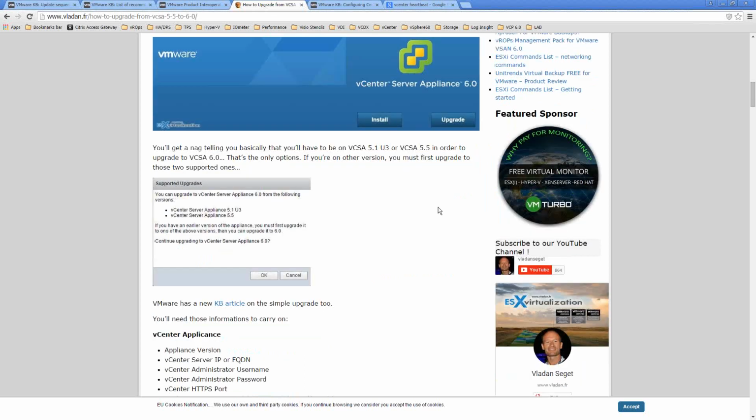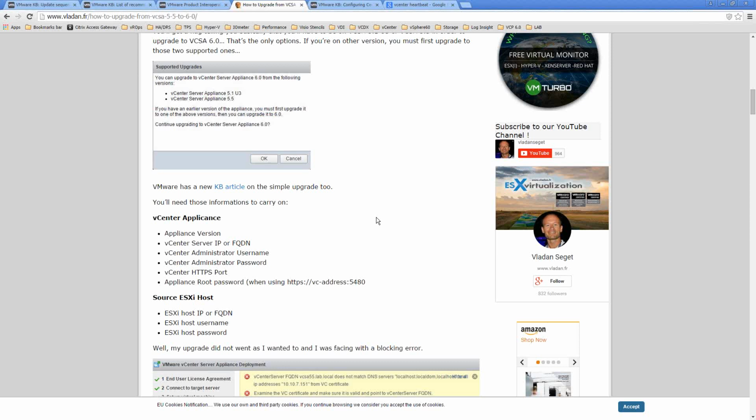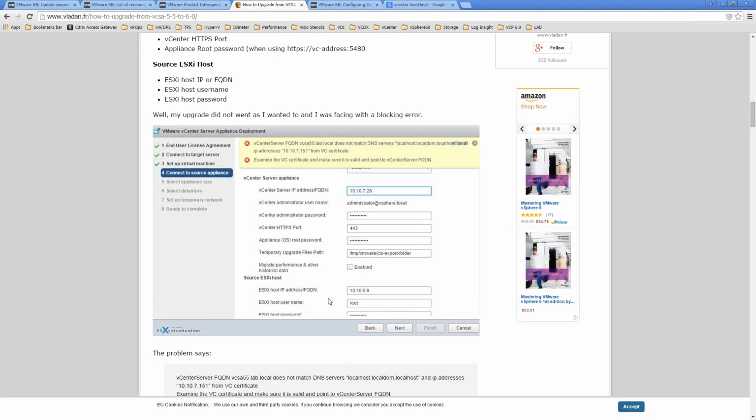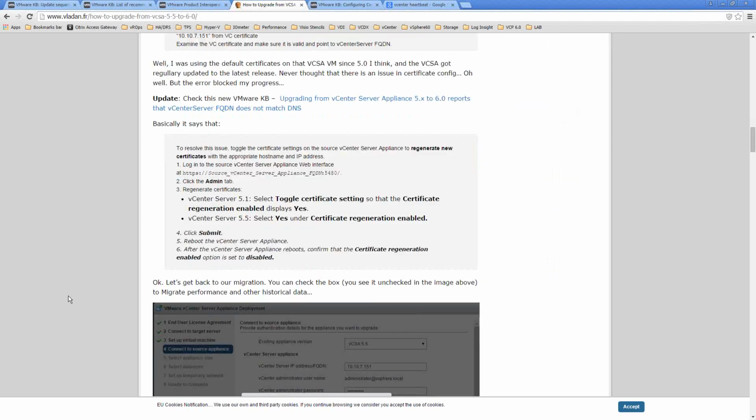It runs you through the various settings, your vCenter server IP address and your fully qualified domain name, and all your SSL settings. This is the size of the appliance, so small environments go tiny, and larger environments obviously go larger.